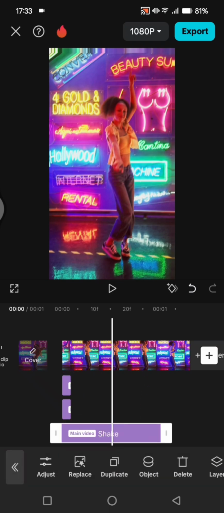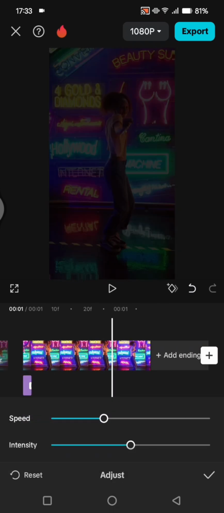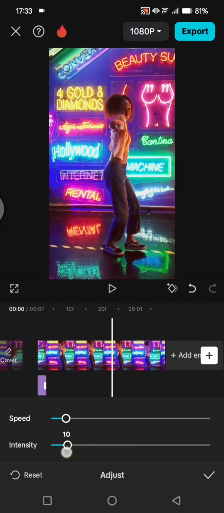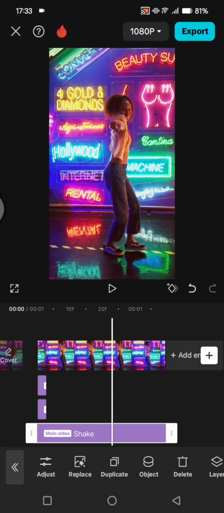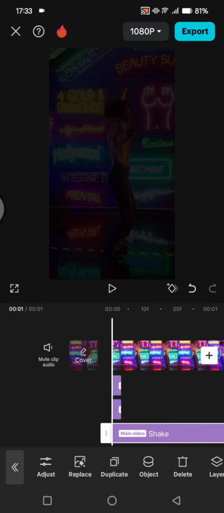So put it at the bottom and set it for the whole clip like this. And now click on adjust, set the speed to 10 and the intensity to only 8. Click on the check icon, and now you can just go back,